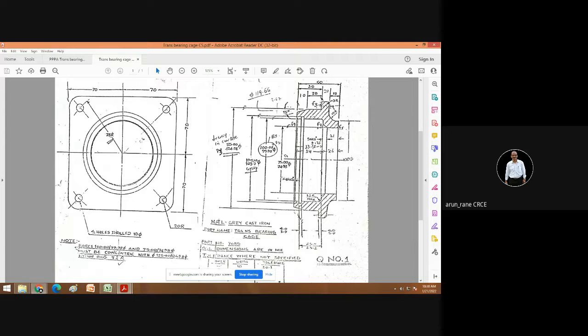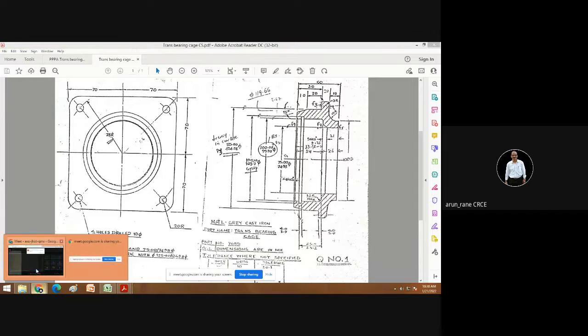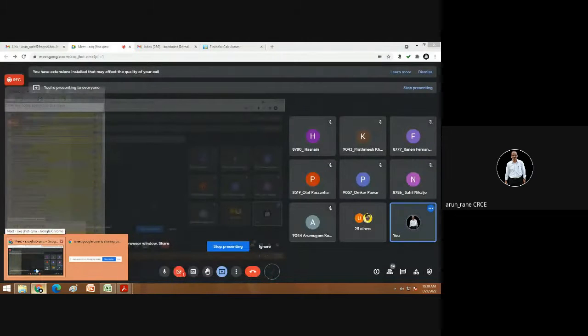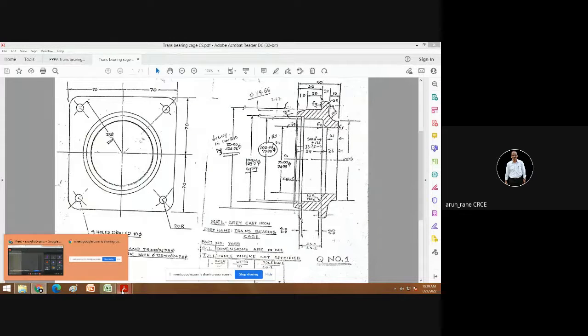The purpose of a multi-step boring bar is, number one, it is going to reduce the quantity, that is, instead of 2 boring bars you will need 1 boring bar, and the production rate will also be high because you are doing it simultaneously, that is, this bore and this bore are happening simultaneously because of the multi-step boring bar.